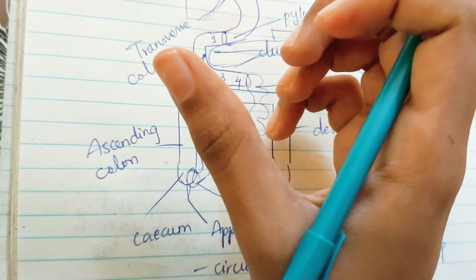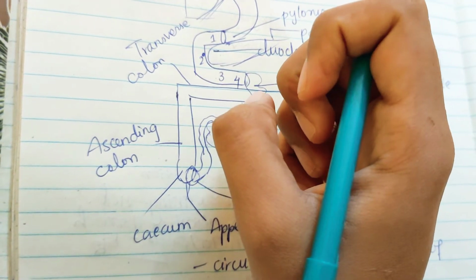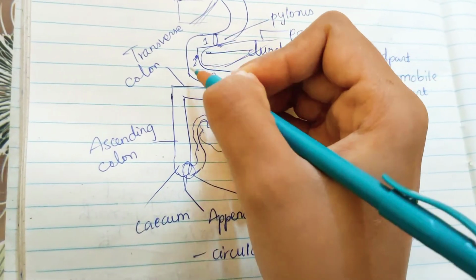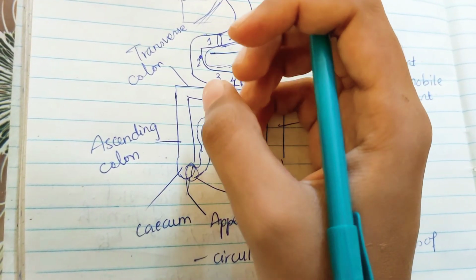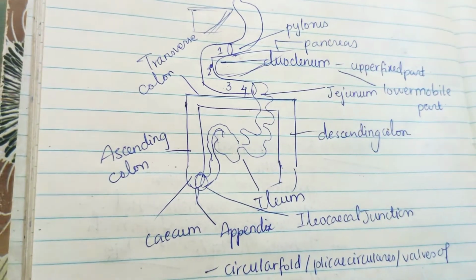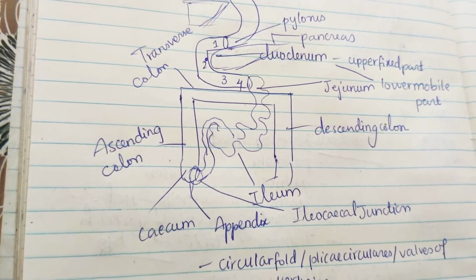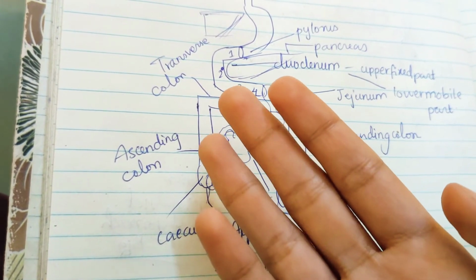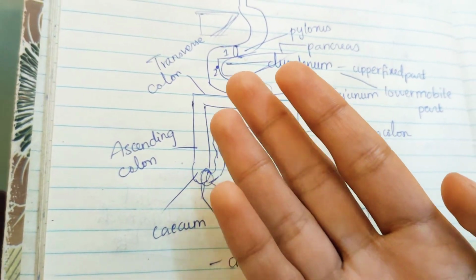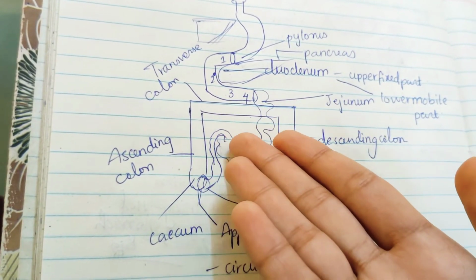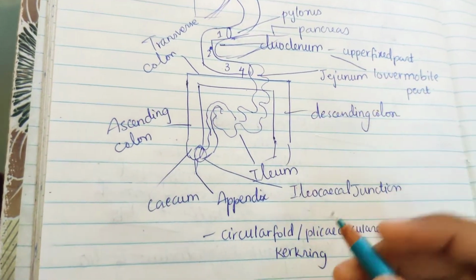So they are mainly helpful for absorption of food, especially by slowing down the passage of intestinal content. Whenever the intestinal content is coming, it will slow that flow and increase the absorption capacity. Next, intestinal villi: they are finger-like projections of the mucous membrane, right? They also increase the surface area of the small intestine by about 8 times.